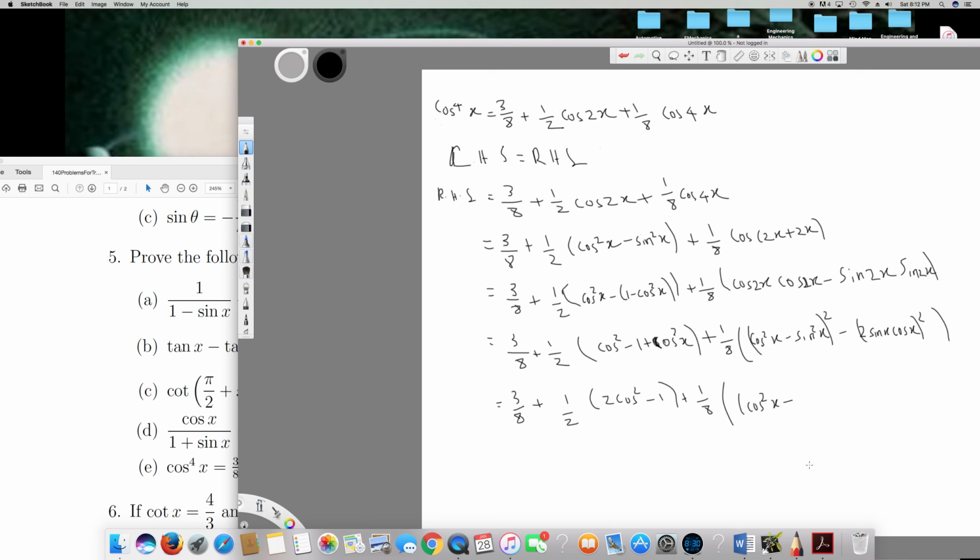So therefore I'm going to turn that sine square x into cos square x. So we can write the sine square x as 1 minus cos square x. So I'm going to put that here, 1 minus cos square x